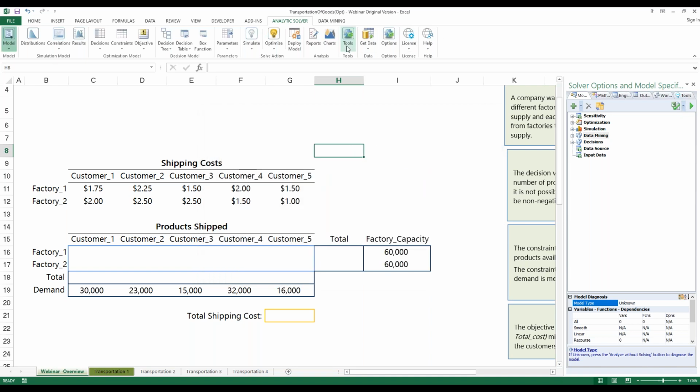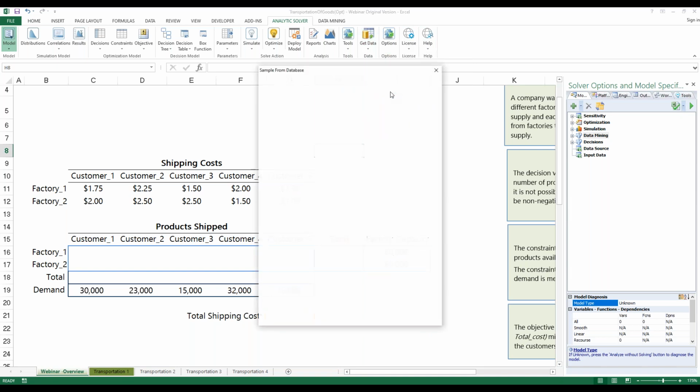And then tools allows you to use fit options. We'll feature fit in next week's webinar. This is fitting an analytical distribution to your historical data, and I will also show you how to work with the MATLAB family of distributions. Get data allows you to bring data into Excel from different sources, different worksheet databases such